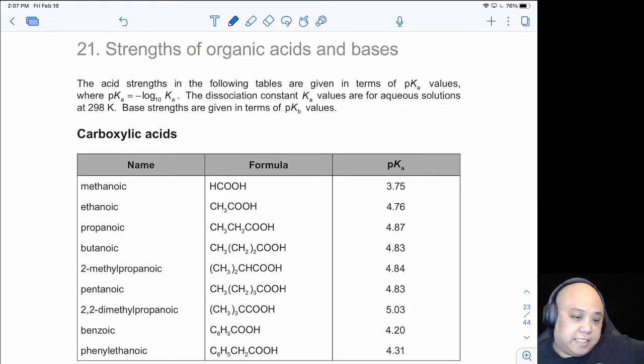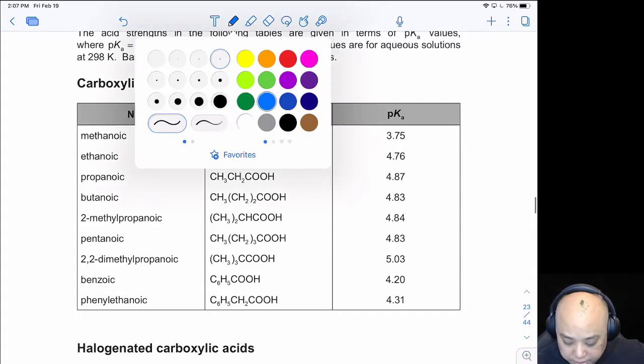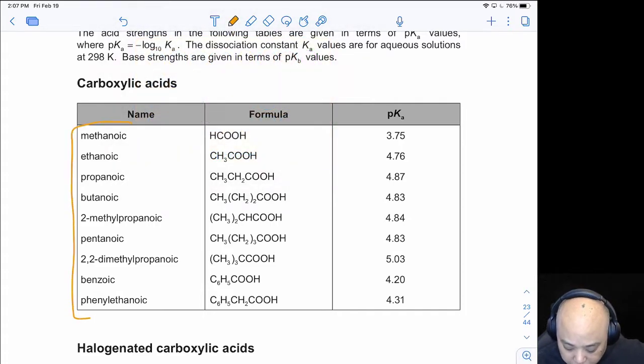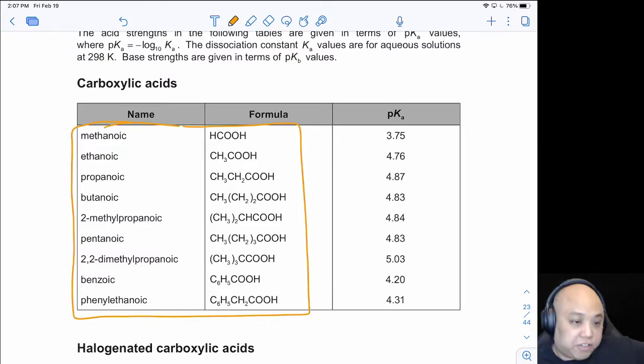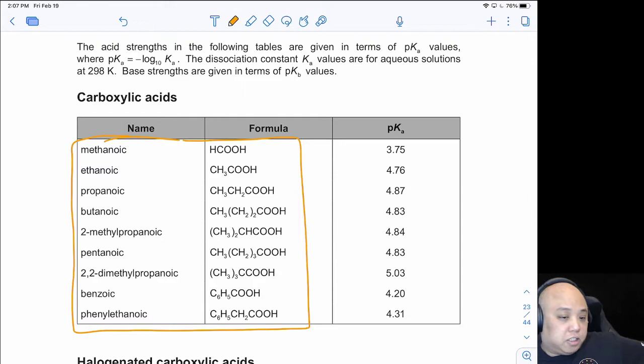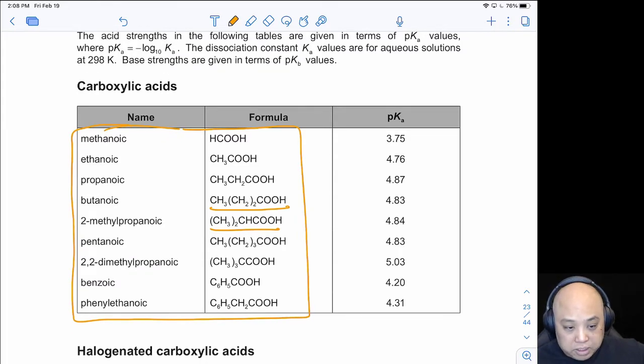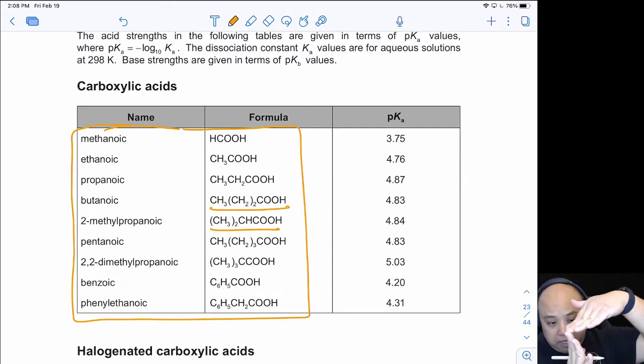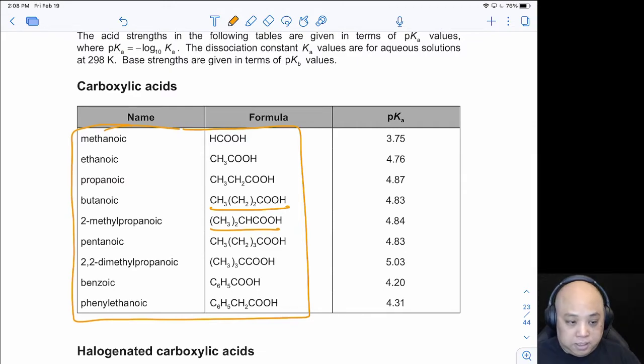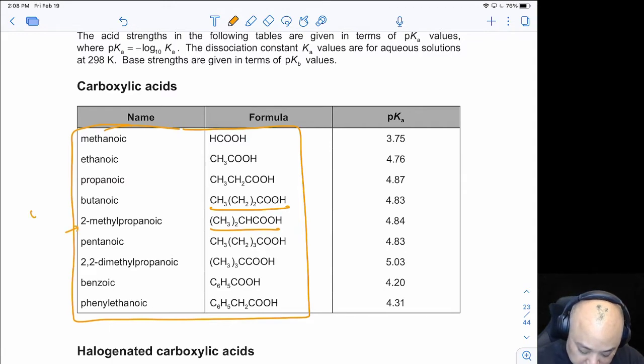Strengths of organic acids and bases. Now, I would say that for SL, you do want to know your different acids, okay? You may not need to know pKa's and things like that, but you do need to know your different general acids, methanoic, ethanoic, propanoic, butanoic acid, to understand your chemical formulas and reading the formulas correctly. Notice anytime you have a CH3 in parentheses 2, that's a branch. It branches off from the same carbon in that. So 2-methylpropanoic, it branches off of that. So this is